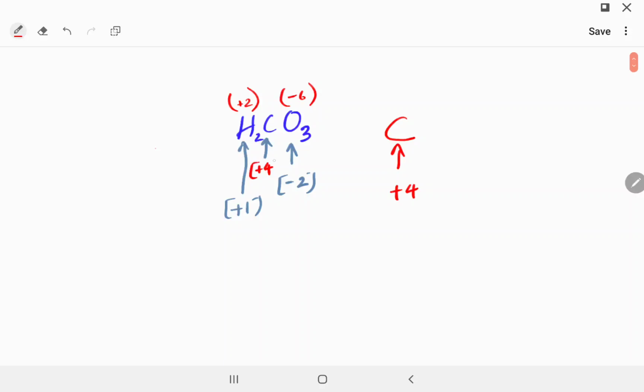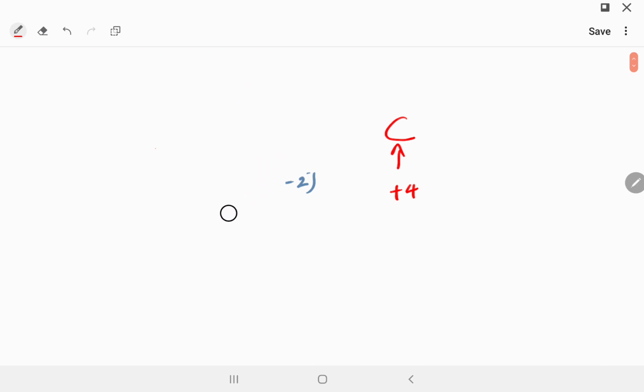Carbon should be +4, and this video is becoming really long. But I hope you get the idea now, right? Let's do another one. And I'm doing all these examples so that you will at